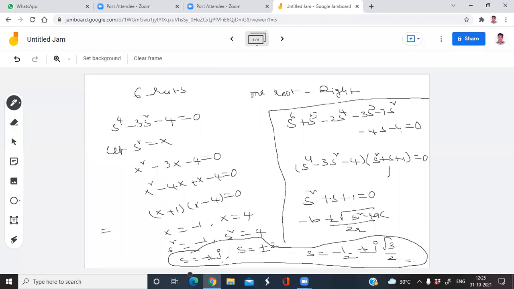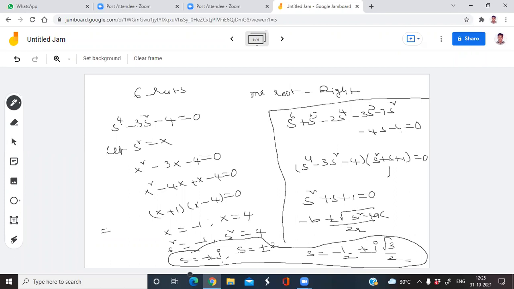Actually from the Routh array, my question is which root is lying on the right of the S-plane. Is it plus j or minus j, plus 2 or minus 2, or minus 1 by 2 plus j root 3 by 2? Plus 2, right? Only plus 2. Don't think that plus j is also on the right side. Plus j is on the imaginary axis, right?